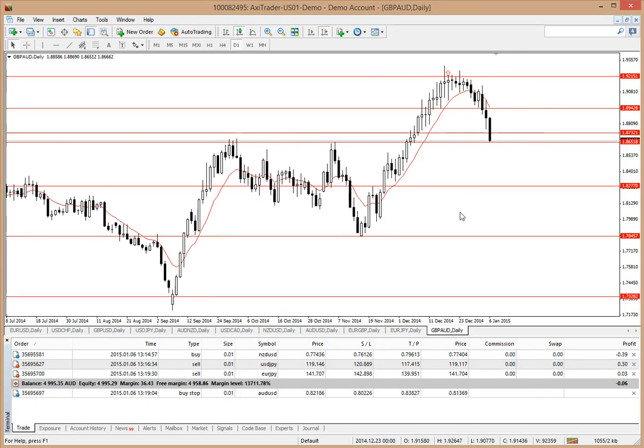Looking at the Great British Pound to the Australian dollar, again, this looks like it could be a potential sell. But we've got quite a few lines going on here, so we're not 100% confident. Plus, there's no clear signal besides the ones up here, which actually kind of look like a buy pin bar signal, but it actually indicated a reversal, and thus a bit of uncertainty. So we'll see if this line